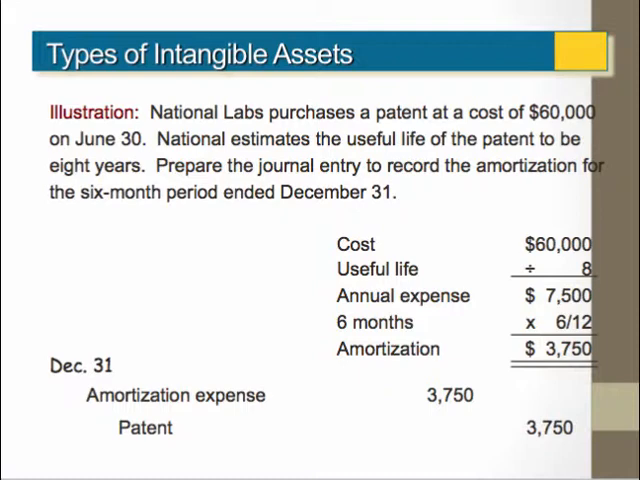So, we take the $60,000 for the cost of acquiring the patent, divided by the 8 years that the patent will last. We get an annual amortization of $7,500. Remember, just like depreciation, we can only take amortization for the period of time that we own the patent. So we take 6/12 and we get an amortization for the 6-month period of